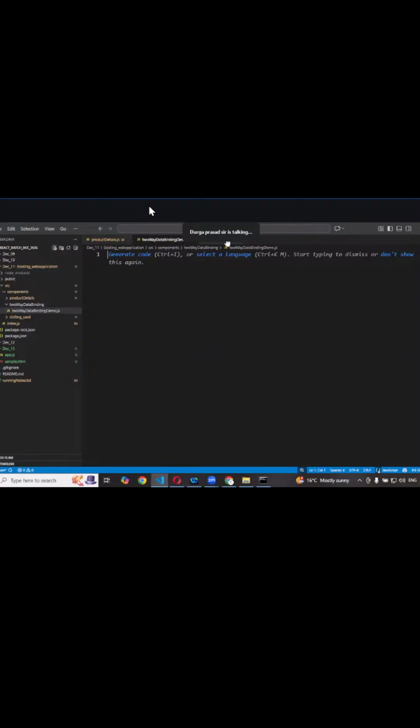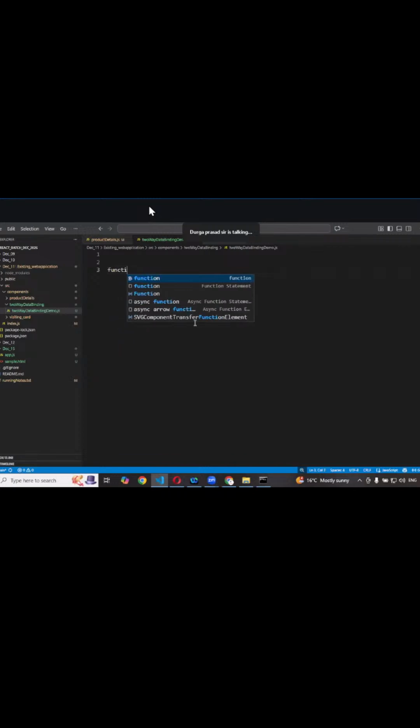It is a JS file. Now, how do you create a component? I want to create a new component. How do you go for it? Function. What is the name of the component? The name of the component should start with uppercase. I say DemoTwoWayDataBinding. Okay, anytime you're creating a component, first of all, check whether it is working or not. Instead of directly writing the logic of your component, check whether the component is working fine or not. I'll simply say return